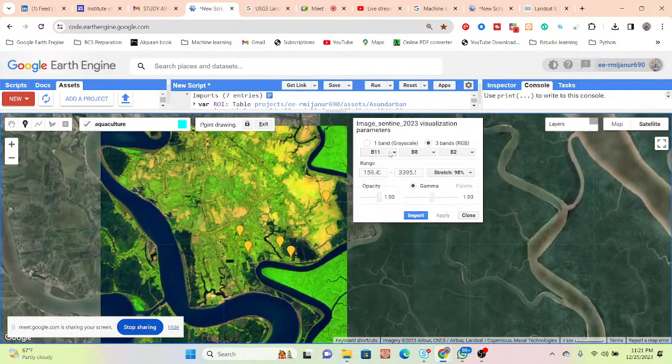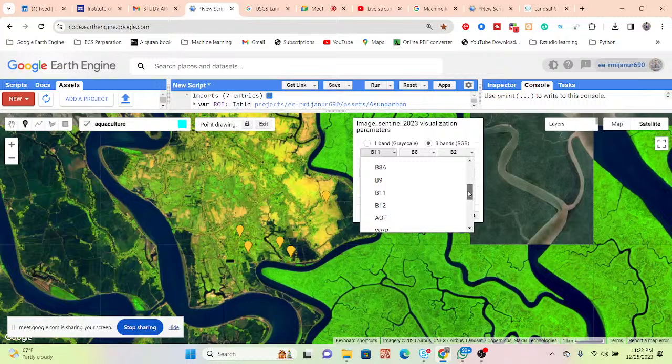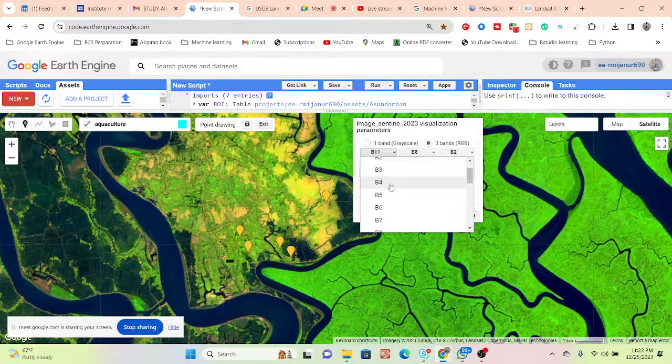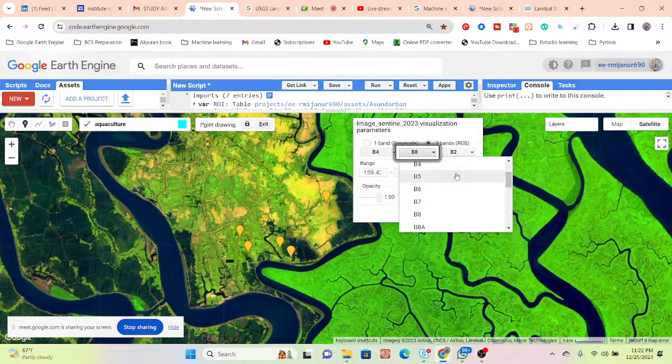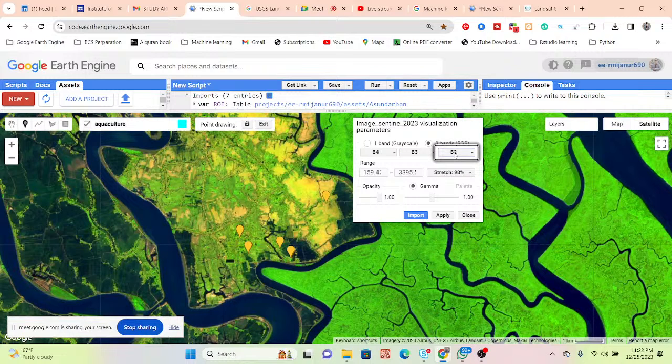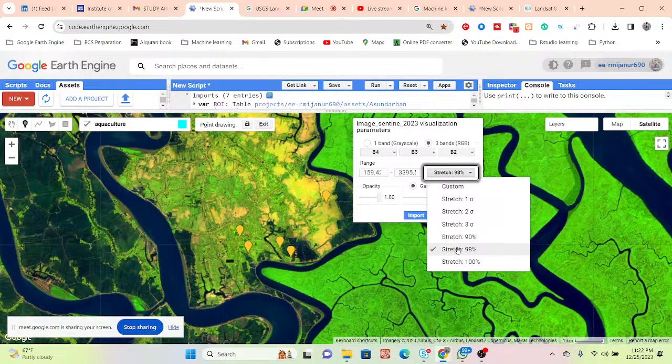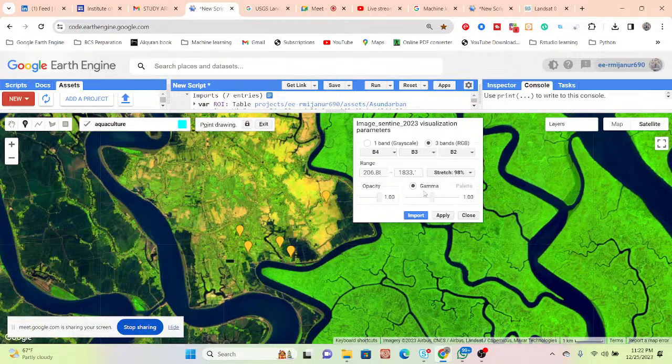In this way, simply put here the natural color, which is red, green, and blue.